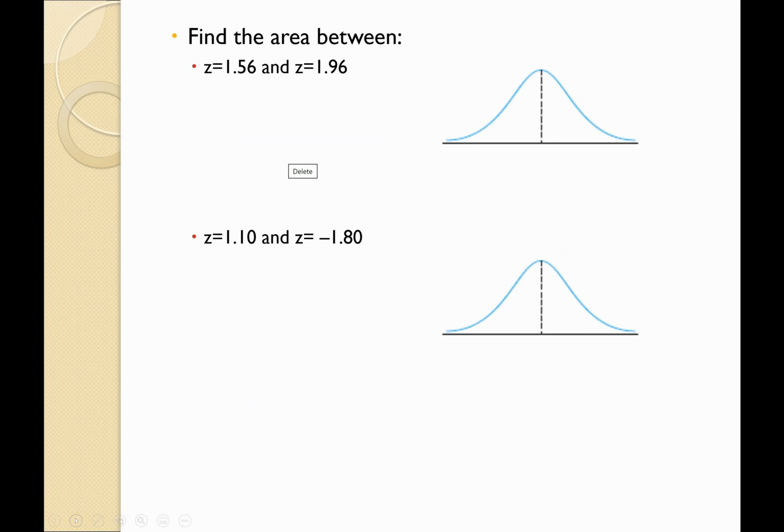Now let's find the area between two z-values. So I'm going to go ahead and draw my picture. I'm going to label, remember, 0's at the middle for the mean. Our mean is 0. Then I'm going to label, they're both positive. Z equals 1.56 will be closer to 0 than z equals 1.96. So if we go to our table,